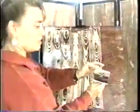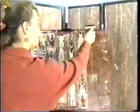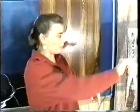And then what you can do is use the edge piece for the straight grain that would go next to it, and you just run that down three or four times. You can make that wide if you want. Then you would let that set up for about half an hour, and over on the wet grain,